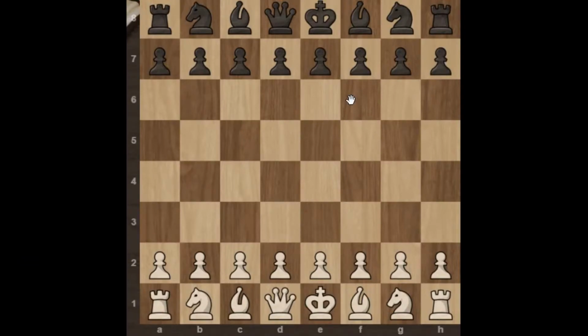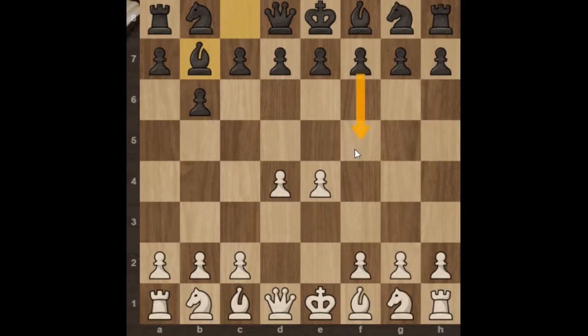Trick number 1. This one works very well for white. So, this is what happens: E4, B6, D4, Bishop C7, and now your opponent's plan is to do this, and then once you capture,